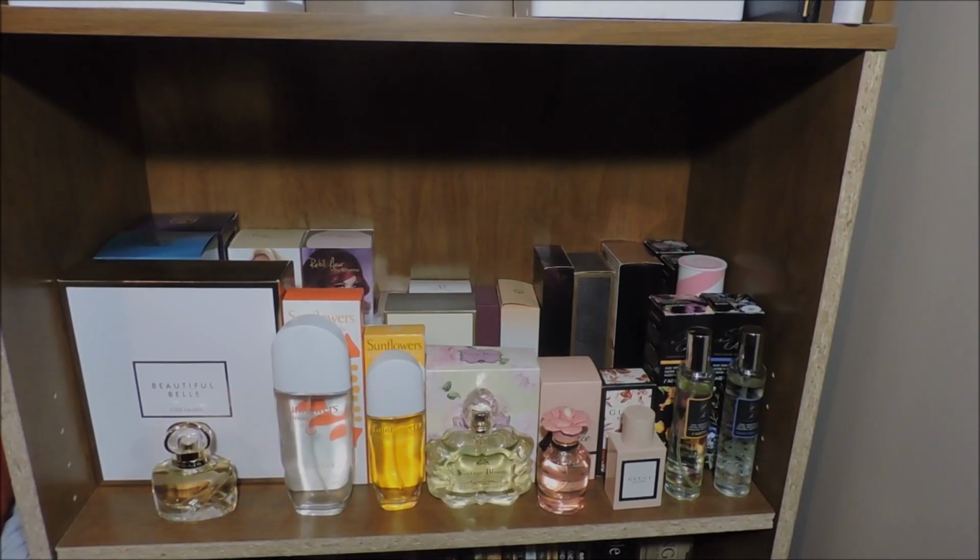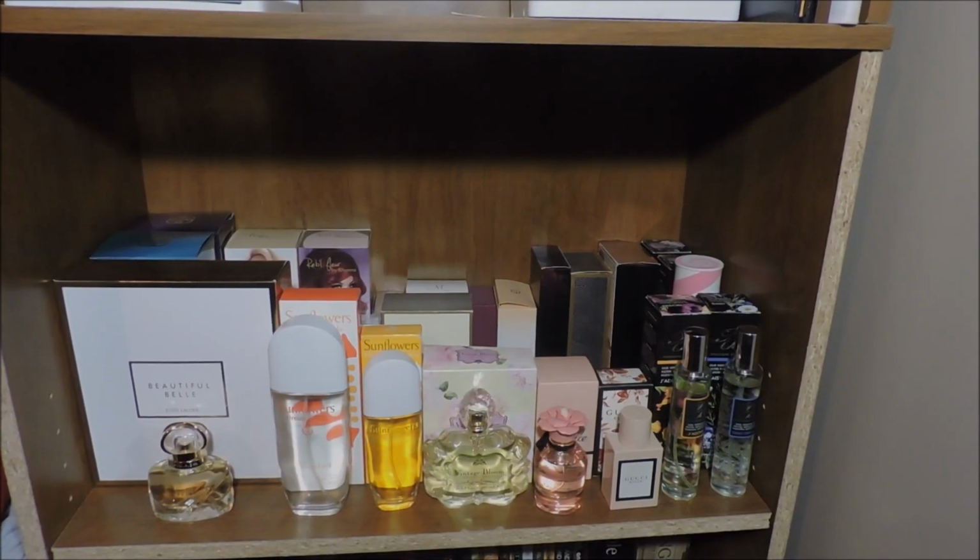Okay, I have these out of the box and they are ordered in the most convenient order, not in the order of how much I like them. I just kind of pick them up and place them in random order, but it's not a reflection of how I feel about each perfume as far as least to greatest or greatest to least. But I will have to say, this first perfume,